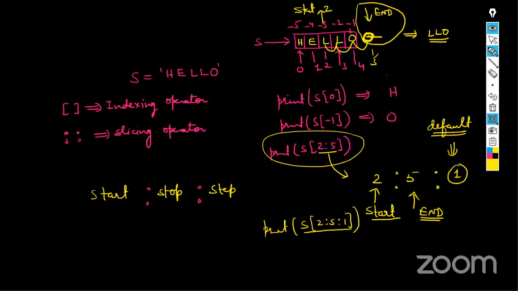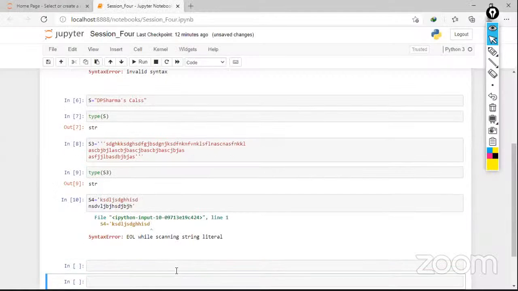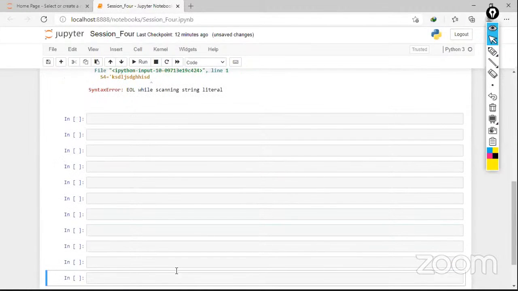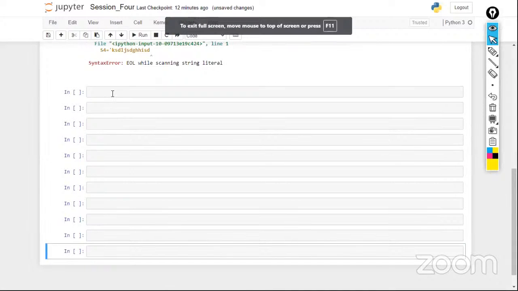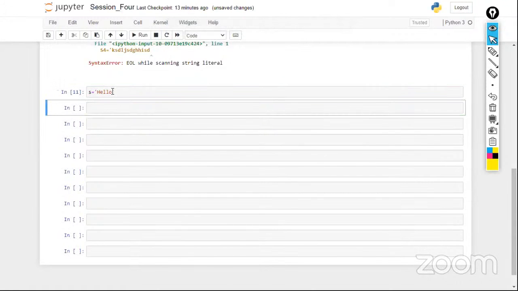So let me take you on the board, and things will be clear, guys. Let me take you on the Jupyter notebook. Let me create some space for you guys. So now I'm saying S is equal to, let's define a string, hello. So I have defined our string S is equal to hello. Now I am saying